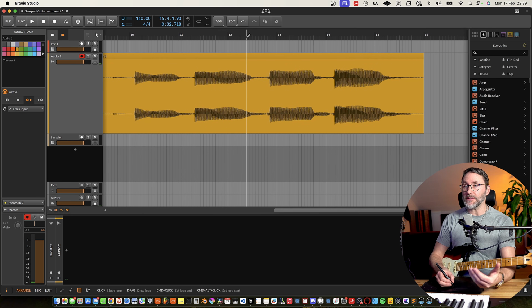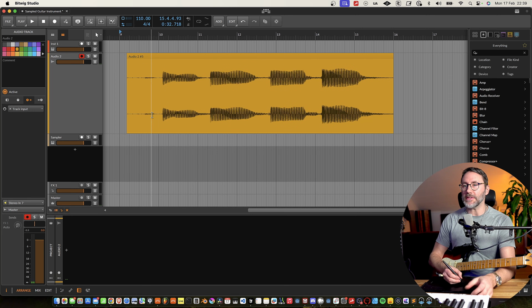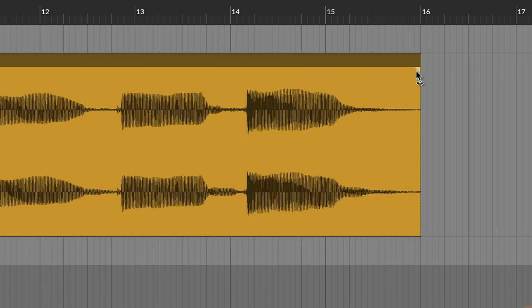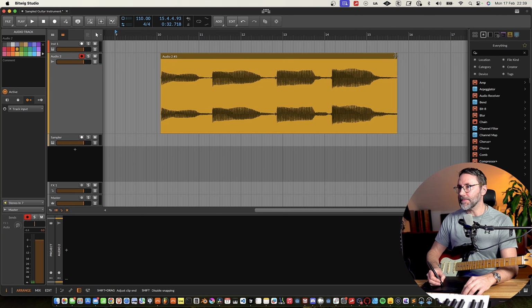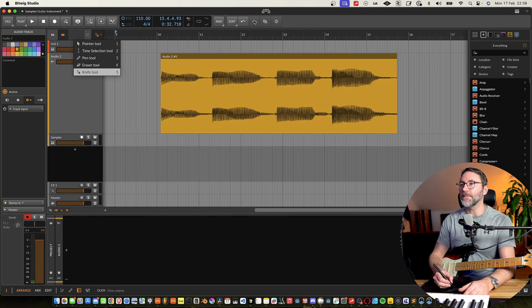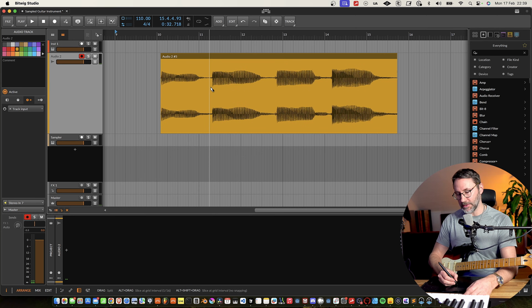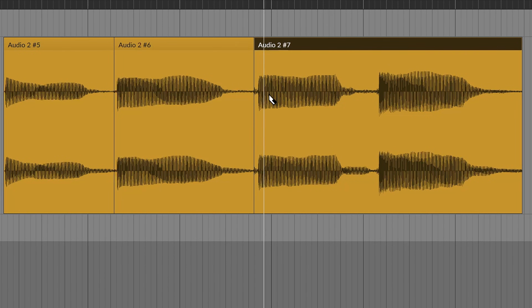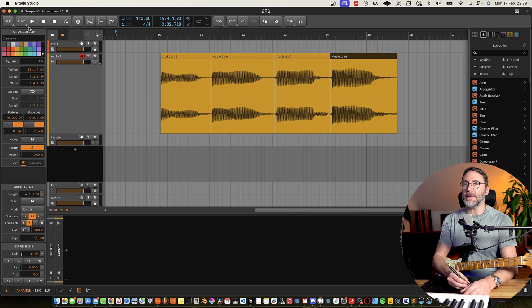And we need to cut this obviously, so we get these separated. And what I usually do is just trim the beginning and the end here. You can hold shift to make more granular refined edits. And we're going to press 5 to activate the knife tool. And we're going to cut these. You can hold shift again to make more refined cuts, like so. And now we're just gonna press 1 again on the keyboard to go back to the pointer tool.